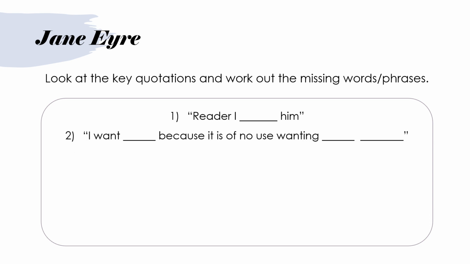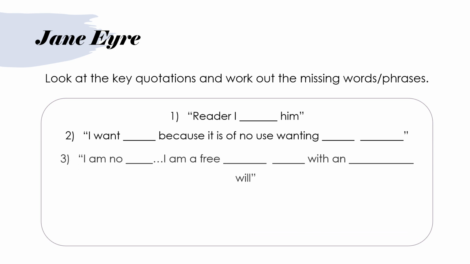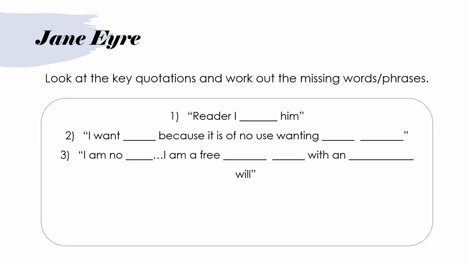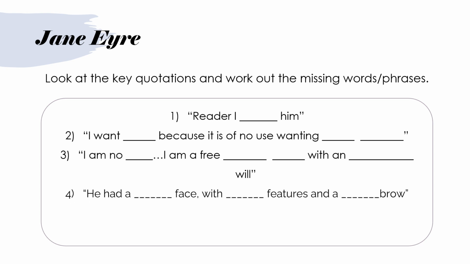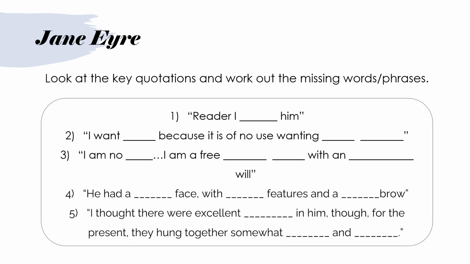So number 2, "I want blank because it is of no use wanting blank blank." Number 3, "I am no blank, I am a free blank blank with an blank will." Number 4, "He had a blank face with blank features and a blank brow." And finally, "I thought there were excellent blank in him, though for the present they hung together somewhat blank and